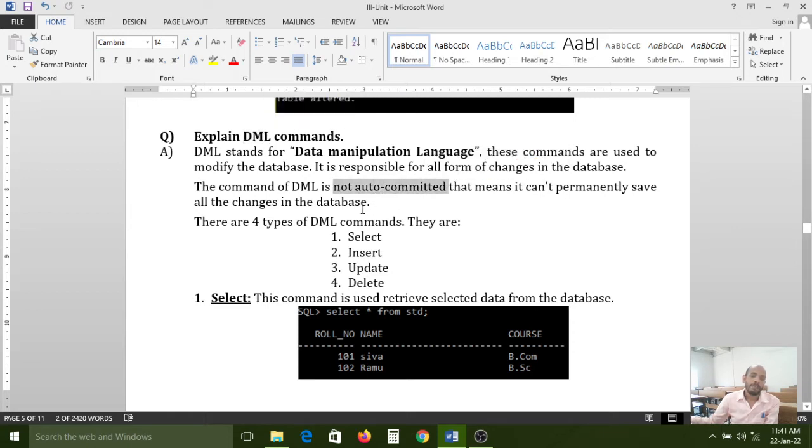We must use the commit statement to store our data permanently in our database. While creating, deleting or modifying tables, the commit command is not required from us. Actually commit is required, but that responsibility is taken by the DBMS software.